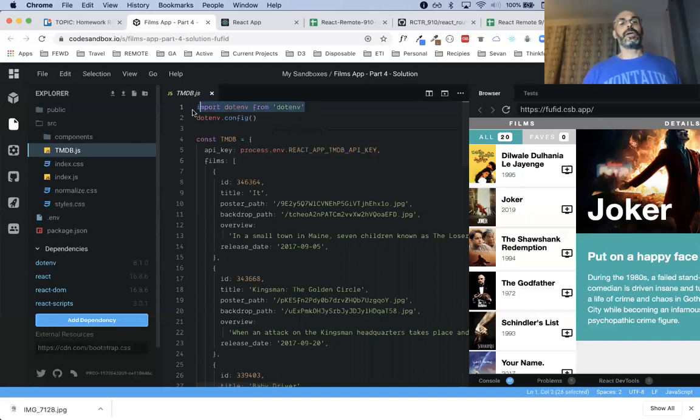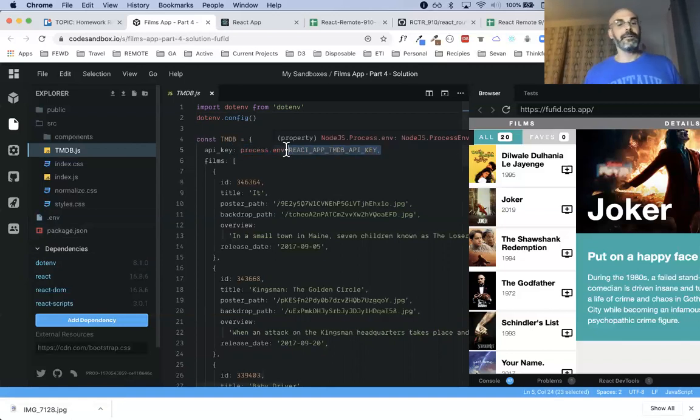Then here we import that package so we can use it, and we just run the config. Importing it and running .config then executes and says, oh, go to .env and load everything into the process env environment and append the new key, and then we can always query that key and get the value. And that's really it. Doing that would have set us up.